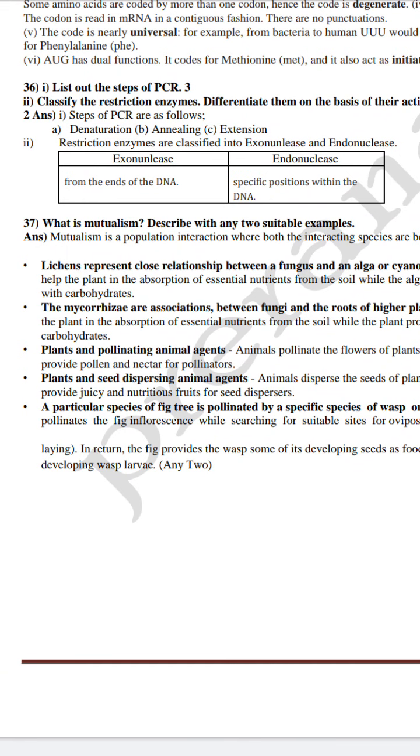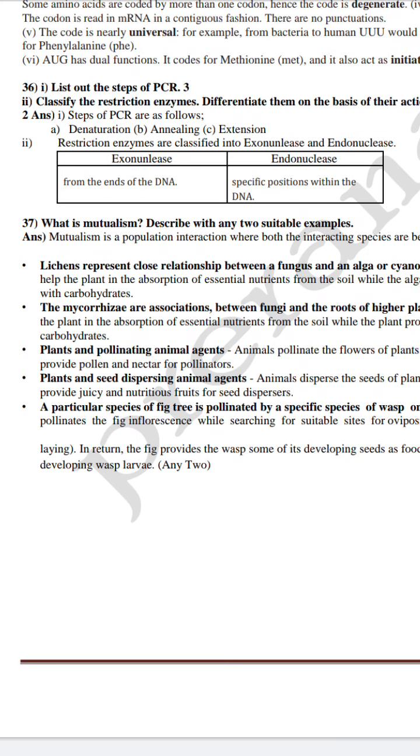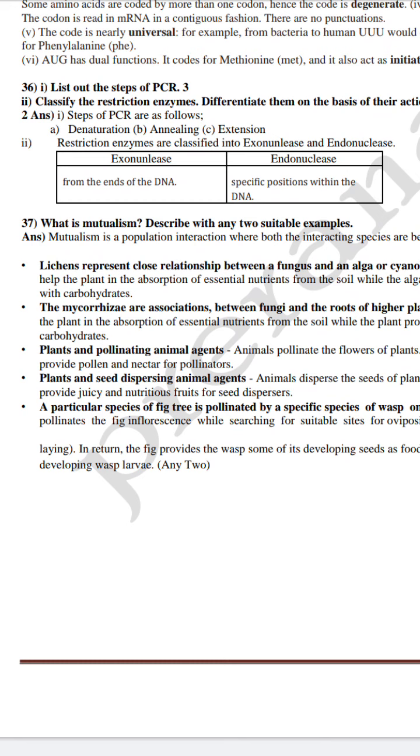Understand? Then explain what steps are involved in PCR. Those are nothing but denaturation, annealing and extension. Draw the diagrams also. Diagrams are given in the textbook. So draw the diagrams with pencil very neatly and mention the parts so that you can get 5 marks. They didn't ask you to explain the steps of PCR, but you go for explaining these steps and drawing the diagram so that you can get 5 out of 5 marks for this question.